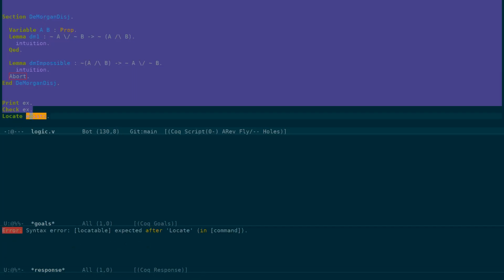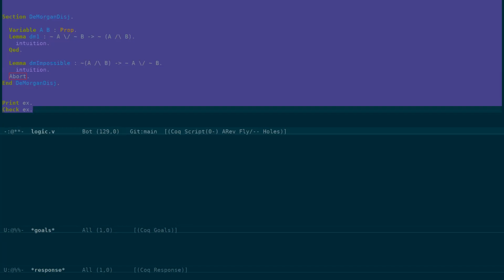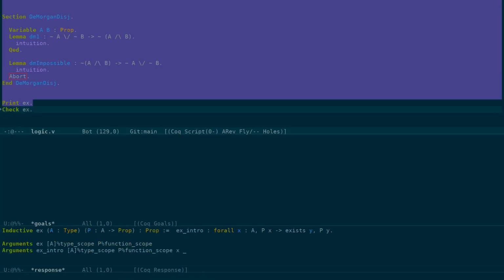Just a minute, the exist thing, right? It's a notation. That is a notation for